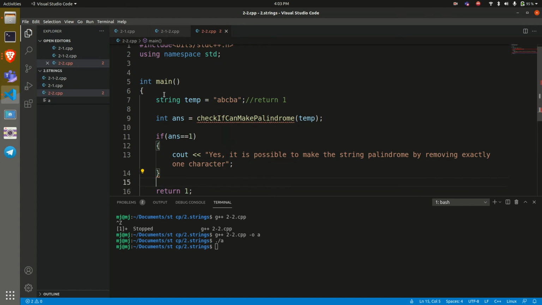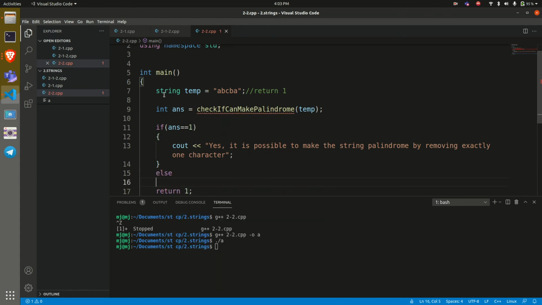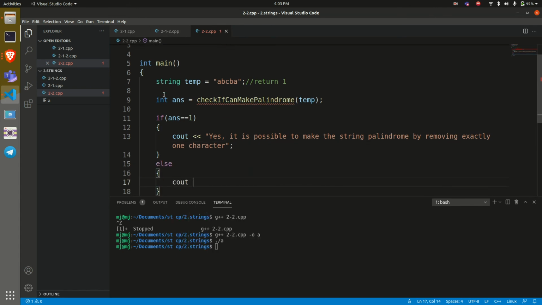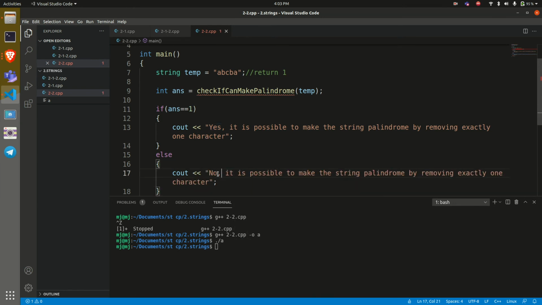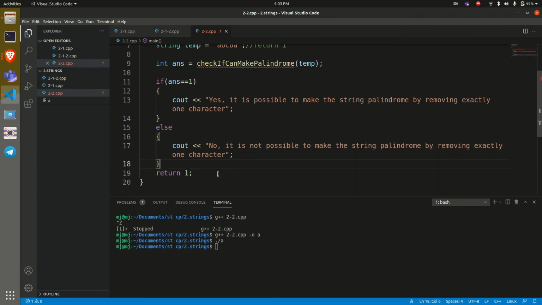And if it is not possible, the answer would be 0, right? So here we'll write just this, copy paste, no, it is not possible to make the string palindrome by removing exactly one character. Okay, that's it.